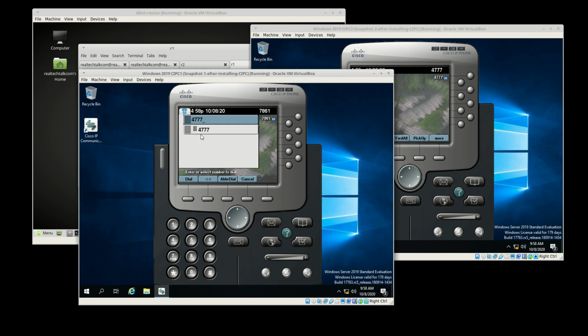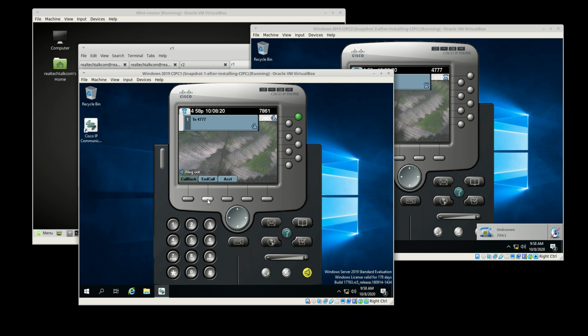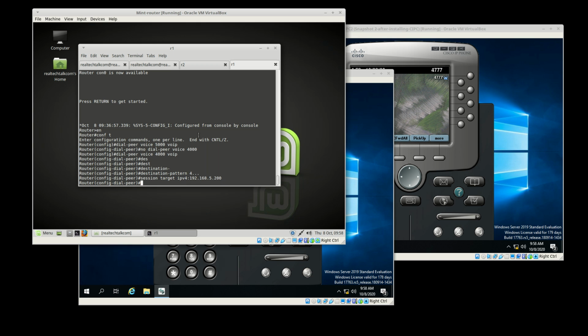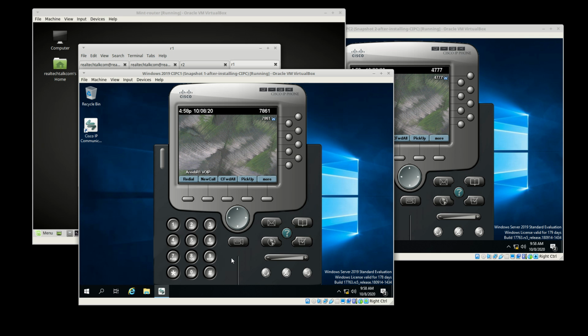Okay, but let's just double check. Can I call back the other way? Yes, I can. Right, so we have calls in both directions, and we have calls that work. So that's the basics of Dialpeers. I hope this has been helpful, and I hope that this is the basis for you of building a much larger solution than